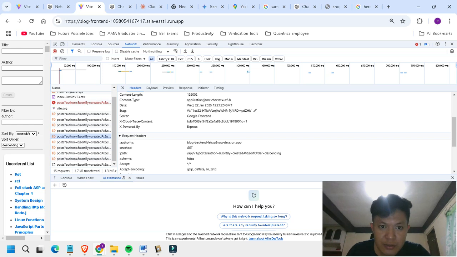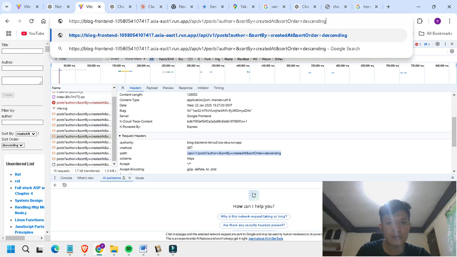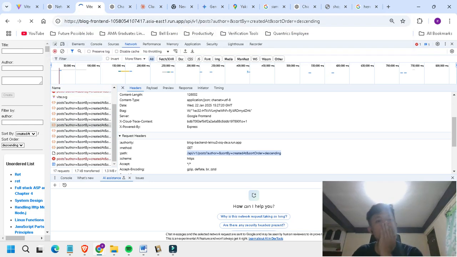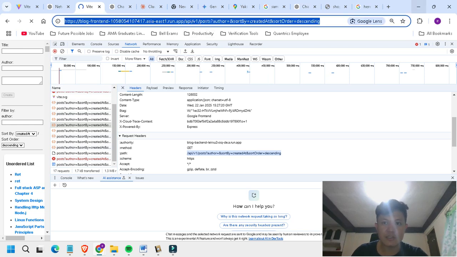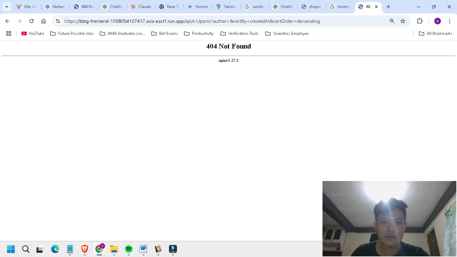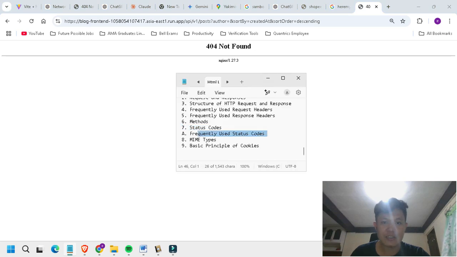When I add this path to my web page, there should be a status code here, but I just have a slow connection because I am in Bulacan, guys. So, yeah, 404 Not Found. Frequently used status codes.